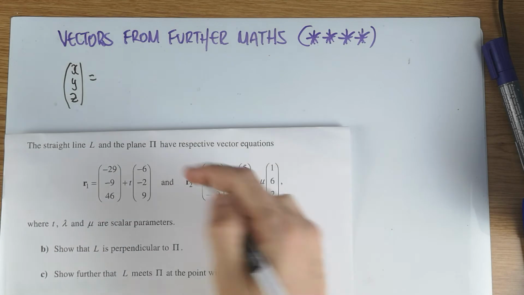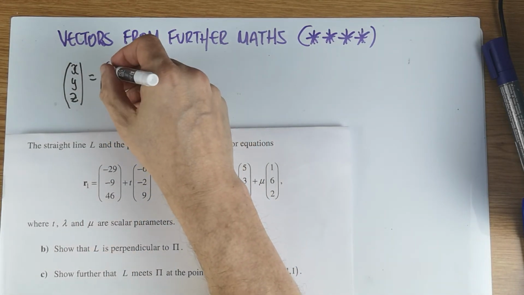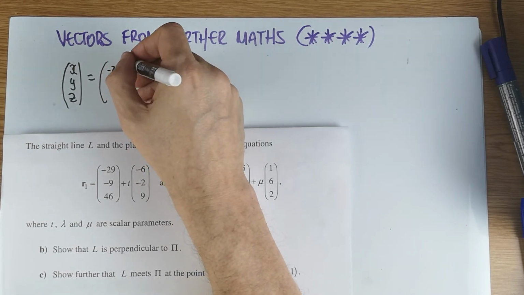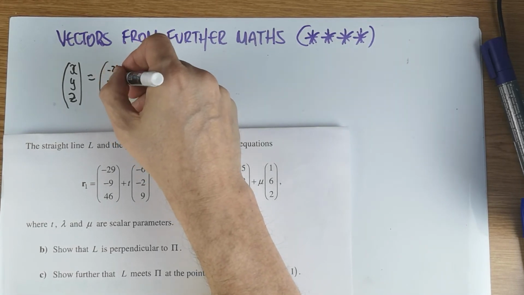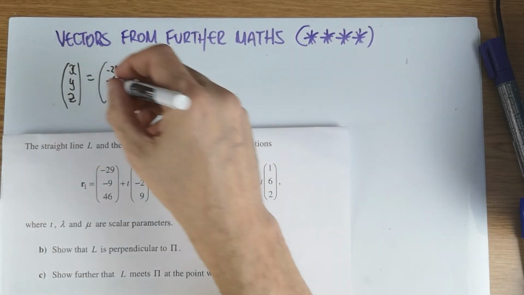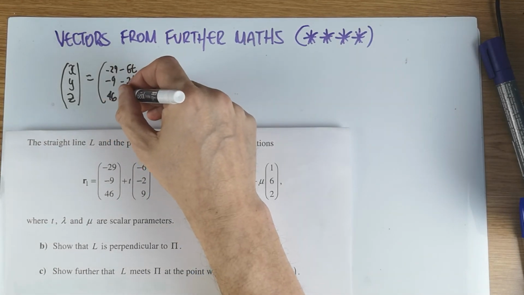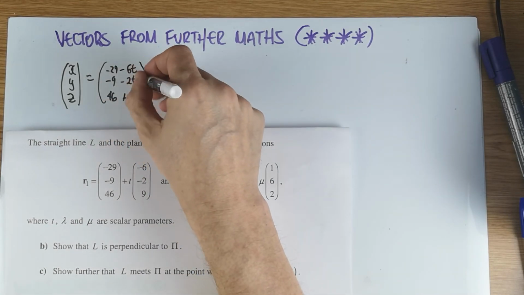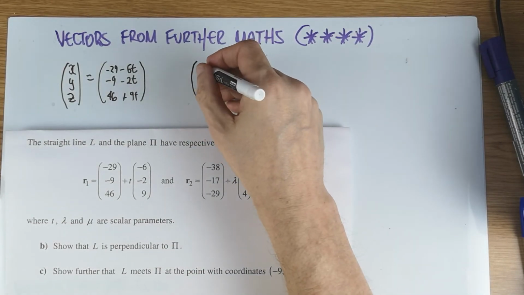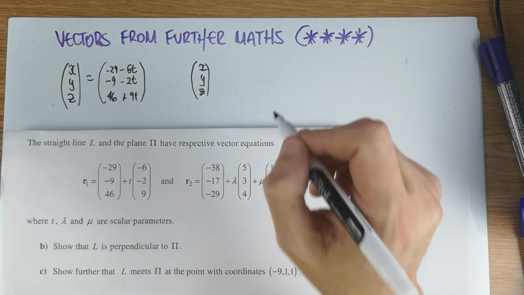I don't know if it's visible to the viewers what I'm doing in there. It's going to be minus 29 minus 6t, minus 9 minus 2t, and 46 plus 9t. This is the line. The plane, the coordinates of any point on the plane, x, y, z, that's the vector